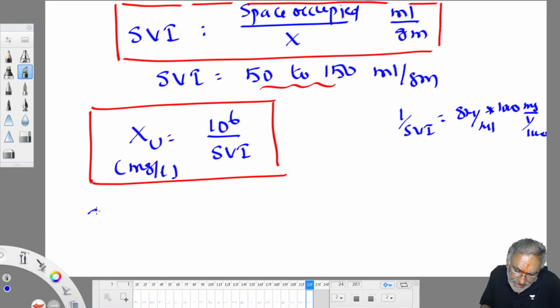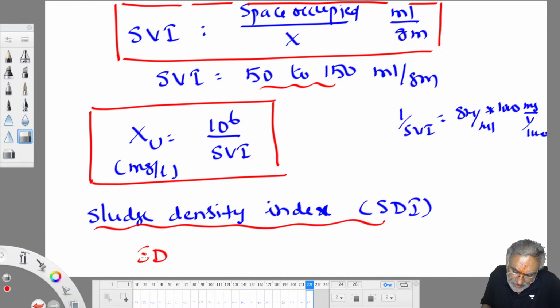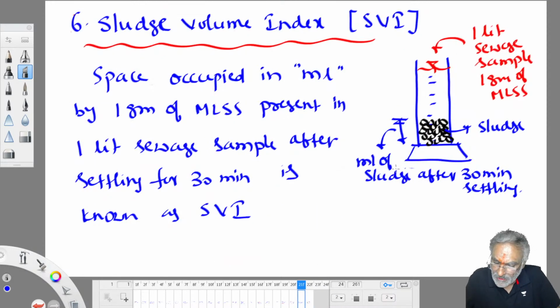Okay. Sludge density index. Recently in GATE exam, one time they asked sludge density index also. Sludge density index is simple. It is exactly opposite to sludge volume index. What you wrote here? Space occupied in ml by 1 gram of MLSS. Here, sludge density index means